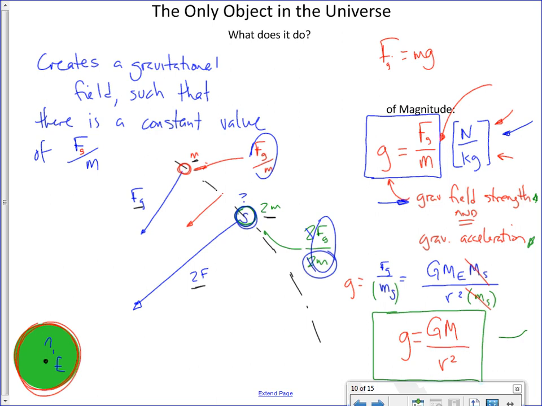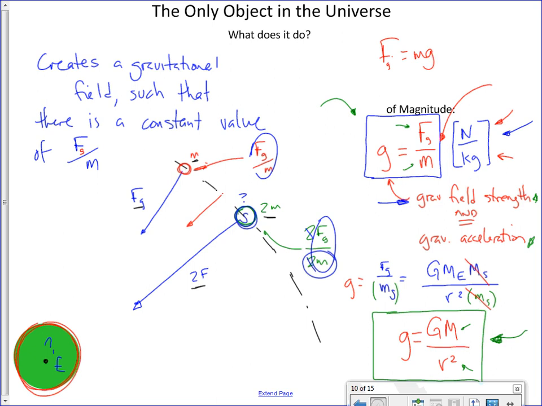All right, and this fits what we said. How strong is a gravitational field? Well, it depends on a couple of things. One, the mass of the object that's making the field, and two, how far away from that mass you are. Up here, we look at this one. We say, how strong is a field? Well, it's of such a strength that a certain amount of force would be applied to whatever mass you put there.